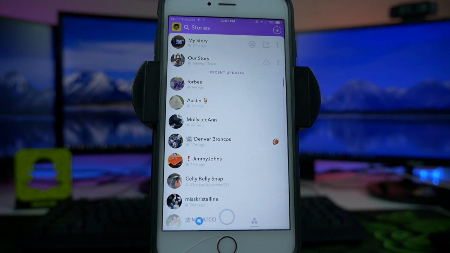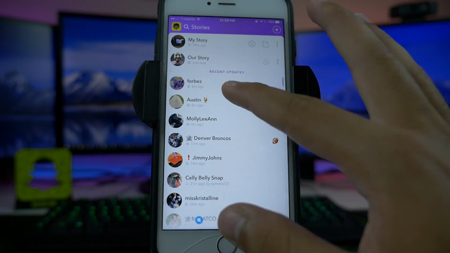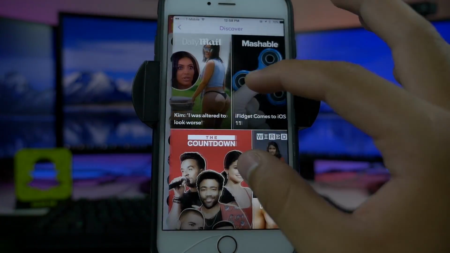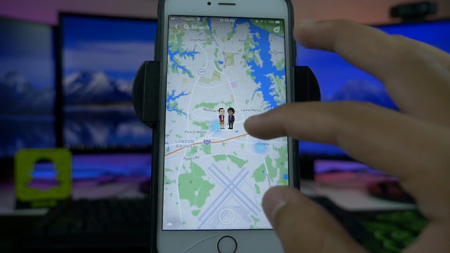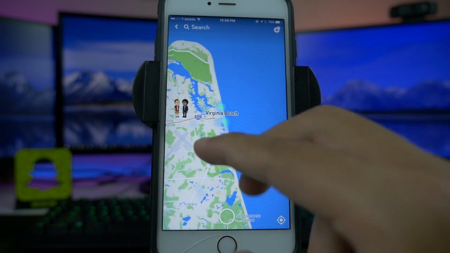And if a bunch of people in that area are sending it, it's going to go ahead and put that heat map up. And if even more do it, it'll become one of those actual events. Let me just move to that. It'll become one of these actual events. So let's just say maybe I'm at a concert in my current area. What I can do here